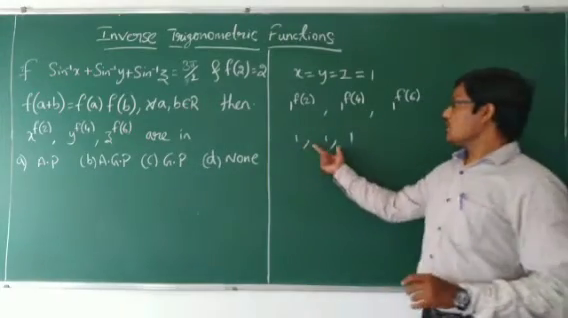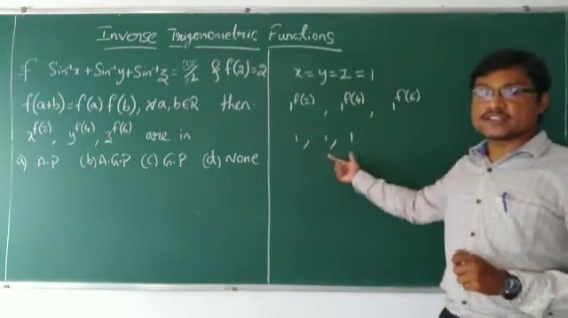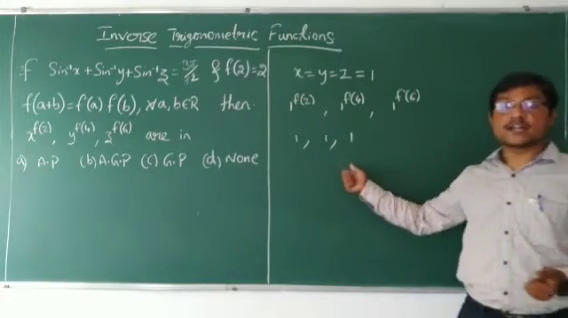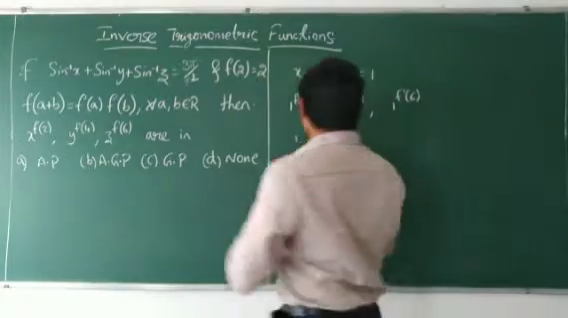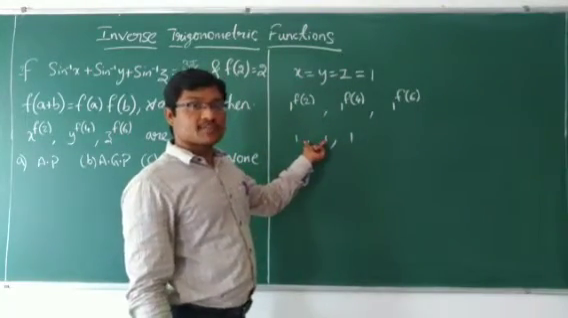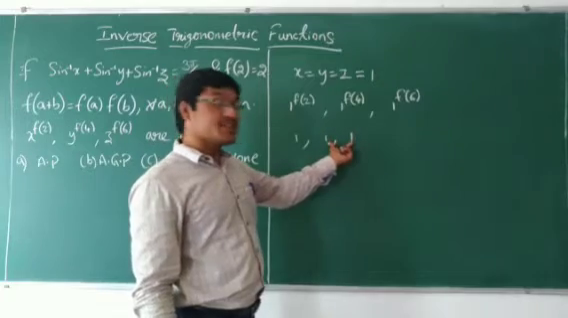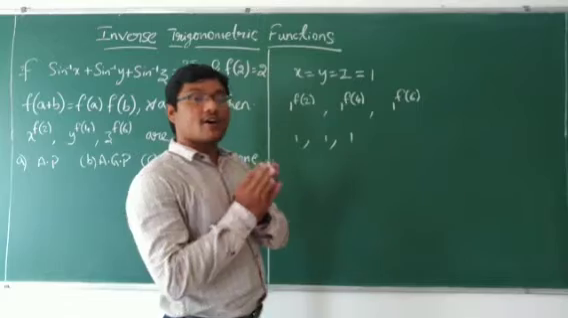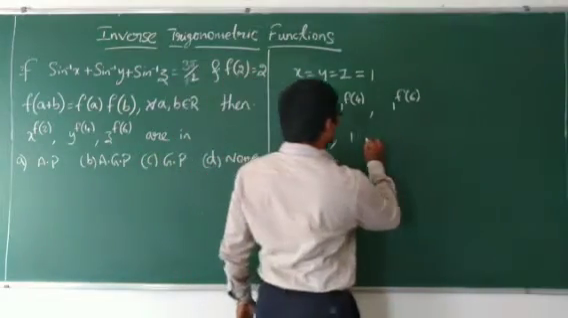Now these are the three values we are getting. We need to check whether this is in arithmetic progression, arithmetic geometric progression, or in arithmetic progression. If we take the common difference between these two terms, it is 0. The common difference between these two terms is also 0. So you have a common difference of 0. So this satisfies